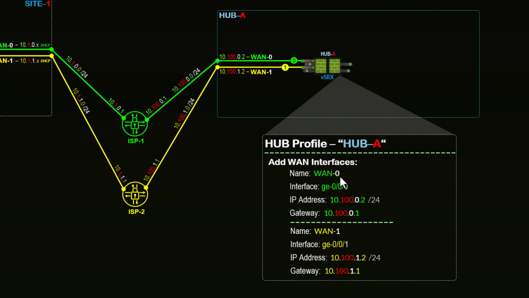We call it WAN 0, but really you can choose whatever name you'd like, DSL, LTE, MPLS, INET, whichever you want. I'm choosing to refer to the interfaces by 1.0, 1.1, or if I have more interfaces, 1.2, 1.3, etc. So interface name, then the interface itself. The first interface I'll be using on my VSRX is ge-0/0/0. The IP address, this is a /24 in my lab here,